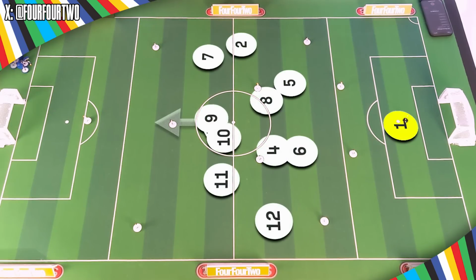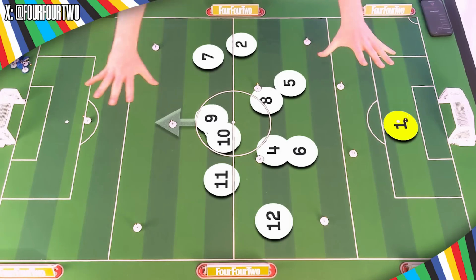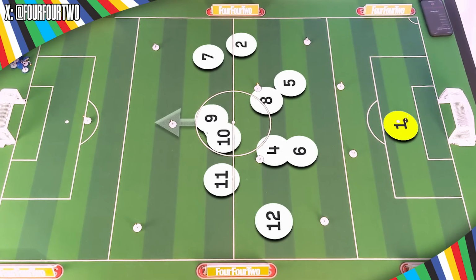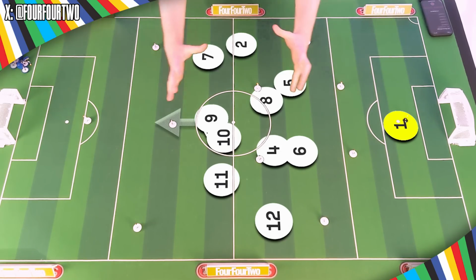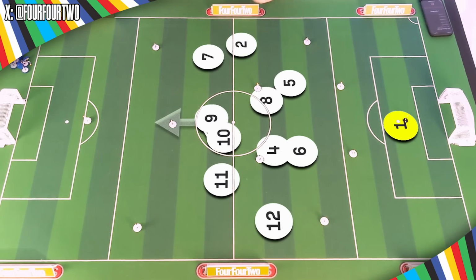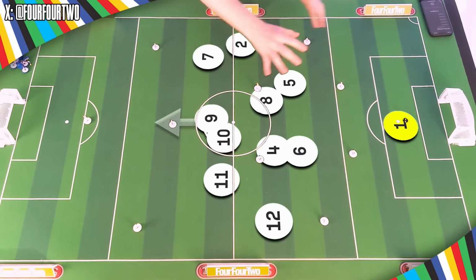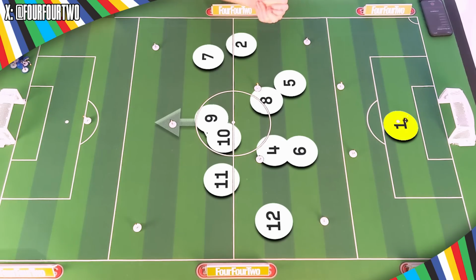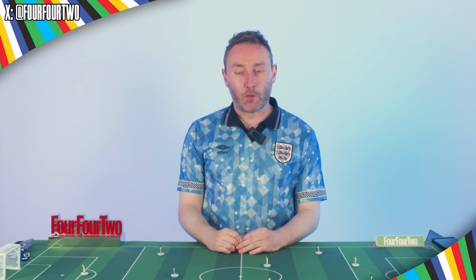So as a first little graphical offering, I'm going to show you the average positions of that England starting 11 across the game, and just have a moment to take that in, and you will no doubt observe that it appears to be incredibly scrunched together in the middle. It's neither one thing nor the other. Like on the one hand, it looks like a team that wants to play on the front foot and is pushing forward because the defence are so high, but on the other hand, it looks like a team that wants to sit off and sort of be defensive because the attackers are so deep. And that's pretty much a fairly good summation of what England were doing here.